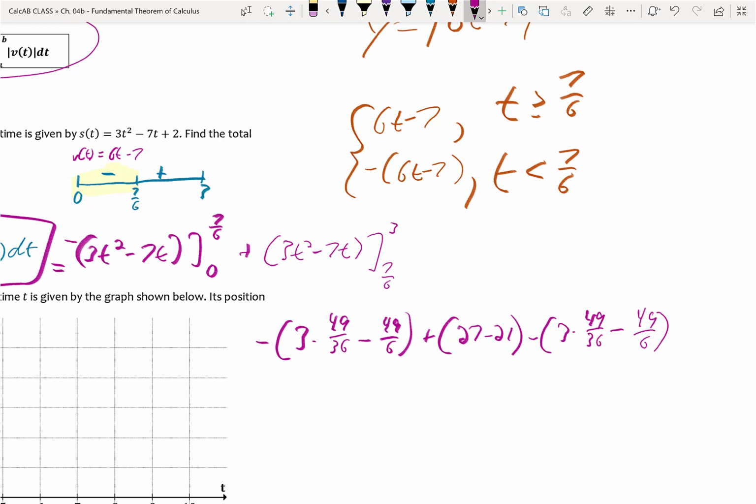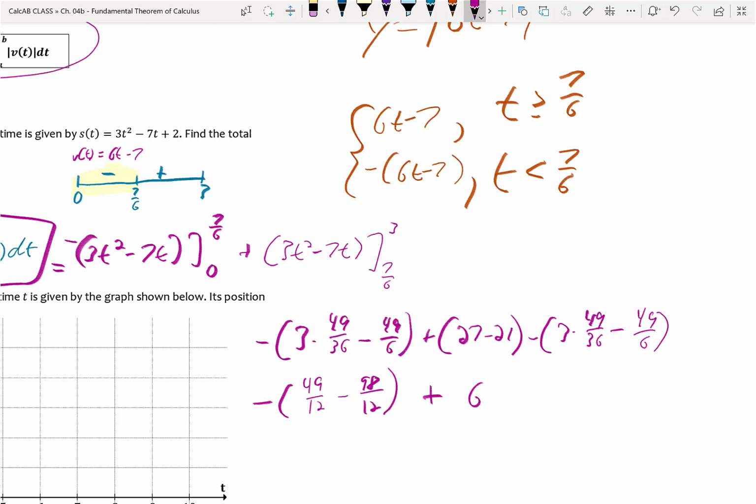So I get 27 minus 21, it's 6. Negative, I can do a 49/12. And 49/6, if I want to change that over into twelfths, is 98 twelfths,